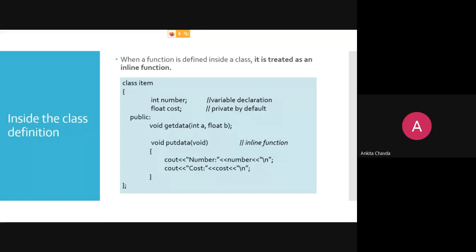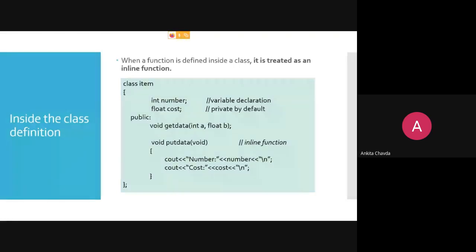Because if I write my function inside the class, it will by default be treated as an inline function. That is why I always write my function outside of the class. Because these functions are very small, not using any for loop or something like that, and not recursive, so it will be treated as inline by default, though I am not requesting it with the keyword inline.